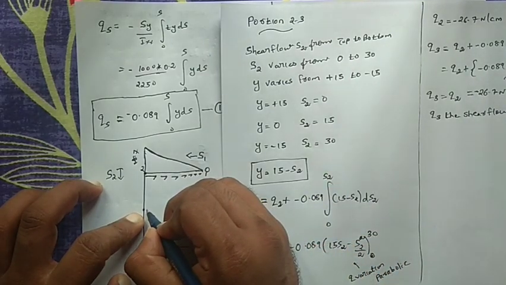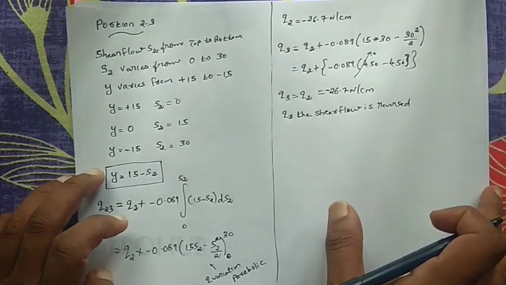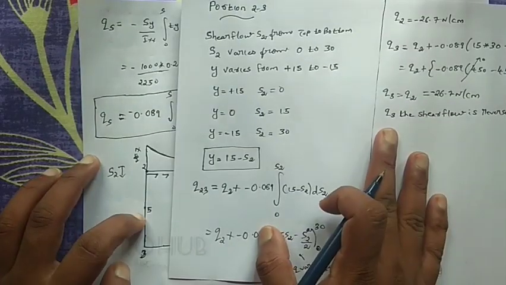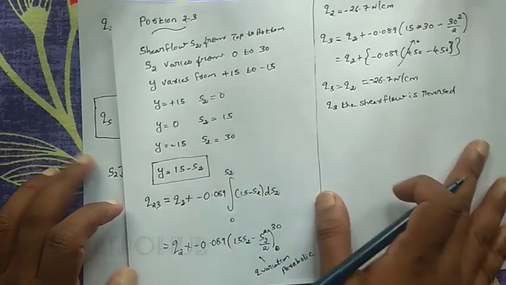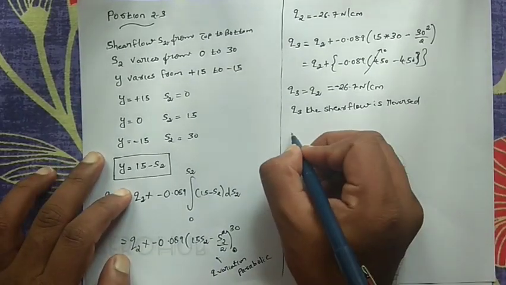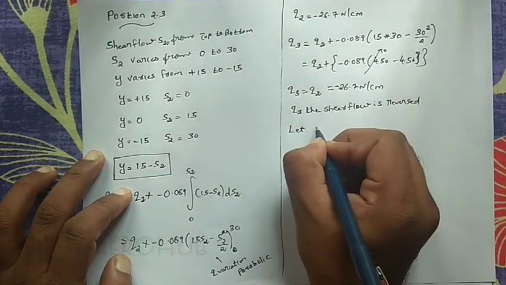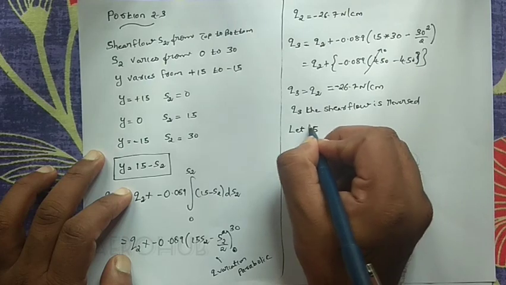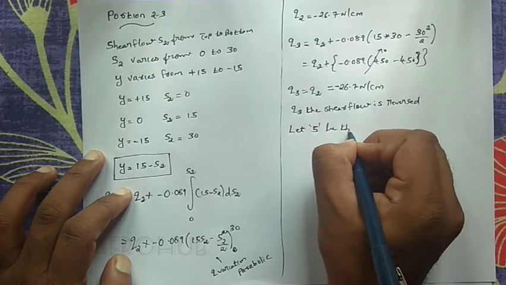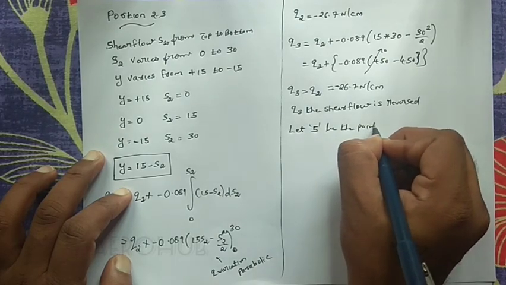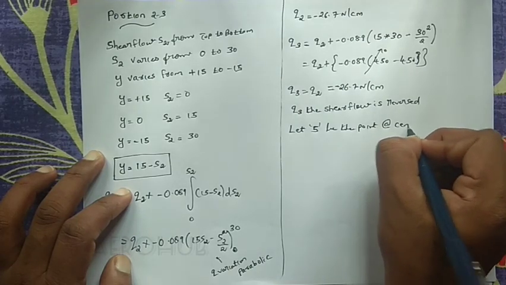I will mark it as point 5. Okay, so we have to find out the shear flow distribution at point 5, which is the center of the web. That is, let 5 be the point at center of web,